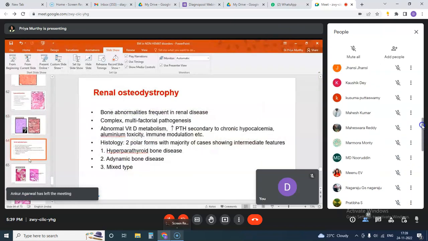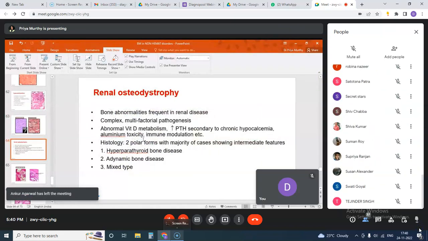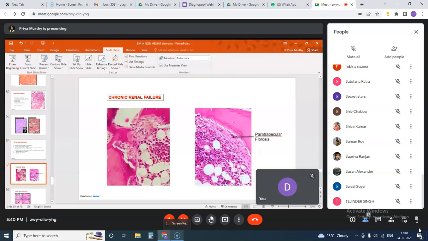Renal osteodystrophy as well. There are a number of bony abnormalities present, similar to what we saw in hyperparathyroidism. And here we see that the bony surface is irregular, it is not smooth. There is associated paratrabecular fibrosis. Look for the specific band. And then when you ask the patient for history, whether he has any features of raised creatinine, urea, you will come to know that there is probably some renal changes happening within the marrow.